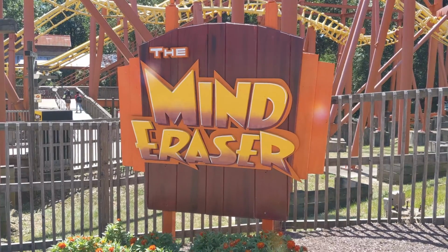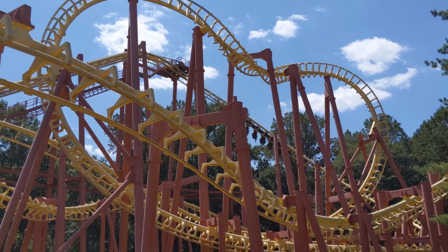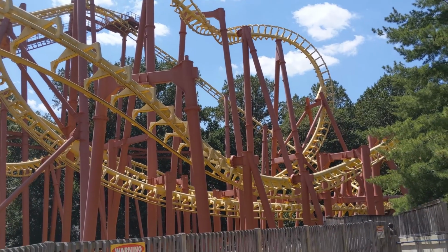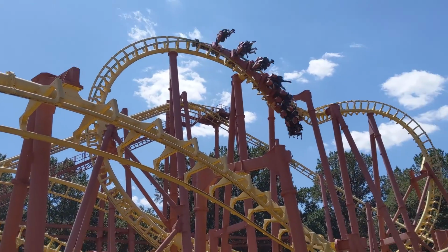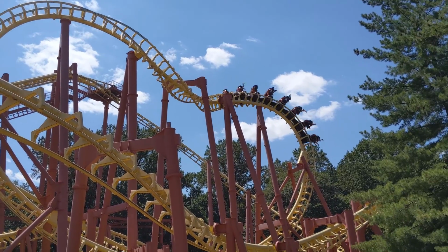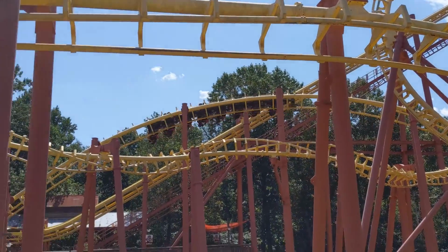But the biggest ride here is the Mind Eraser. The track actually connects above your head, so it leaves your feet dangling below you. As it twists and spins and twirls around, you end up upside down and on your side as you zip through the track. This is one of the most popular coasters at Six Flags America, so you'll want to check